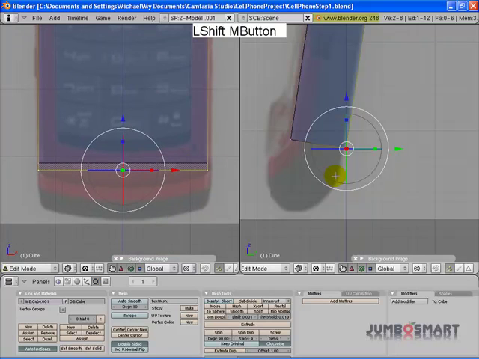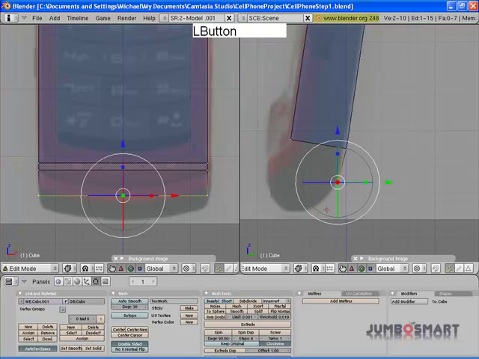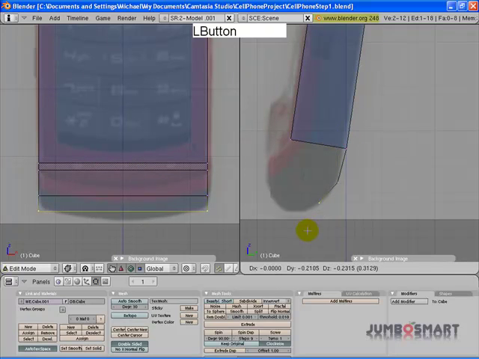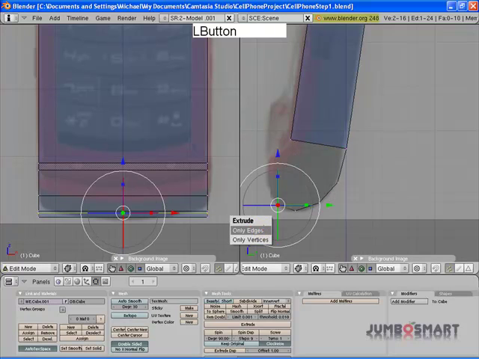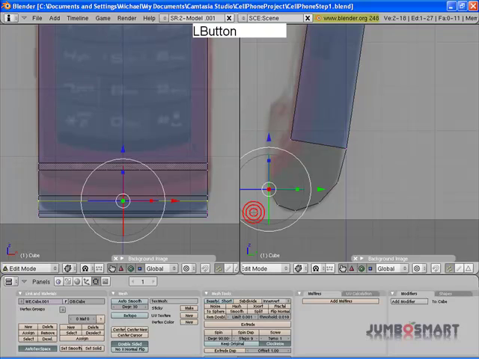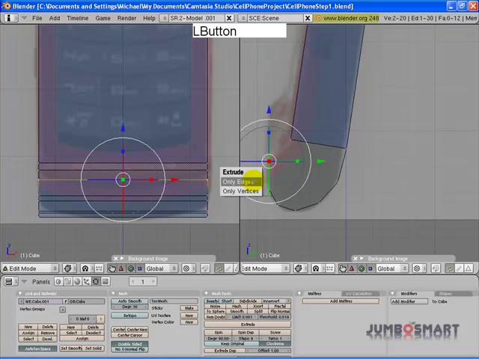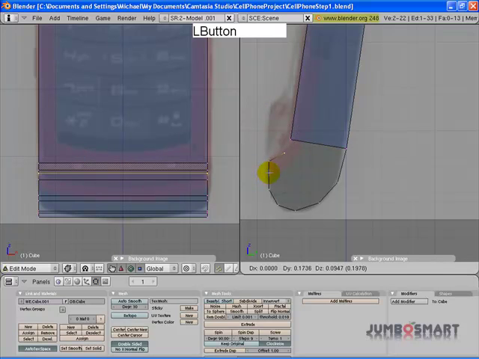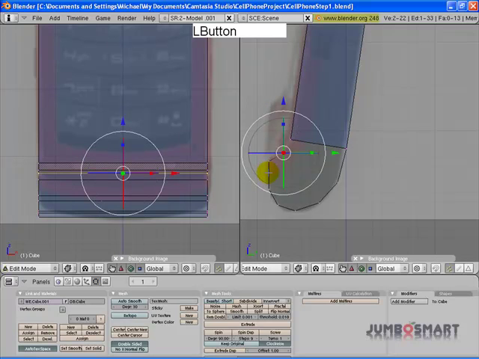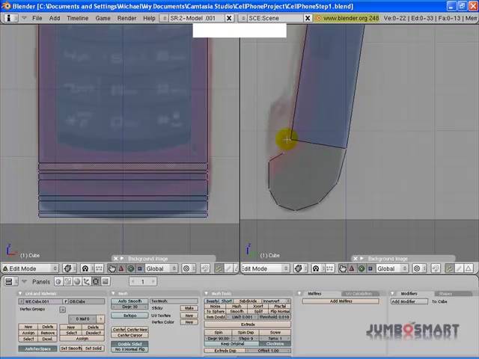I'm going to use the E key to extrude. E, extrude edges. Again. E again, and continue using E. Once again, I'm not trying to make an overly detailed model here. We just want to get the principles worked out, show you how this works. Alright, let me show you now how to connect these up. I'm going to stop there and leave a gap,